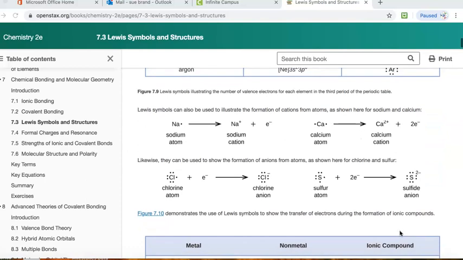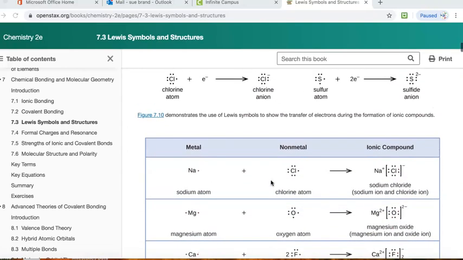And then here they're showing you how Lewis dot structures can show how an element loses or gains an electron. Okay, and you can see that here where sodium lost its one valence electron to form a cation. Okay, and chlorine gained an electron to form an anion. And then you can see